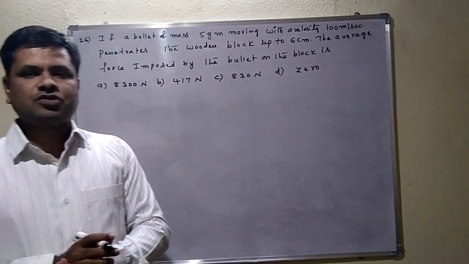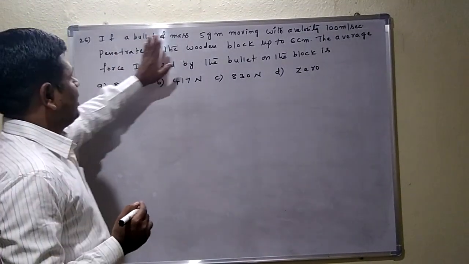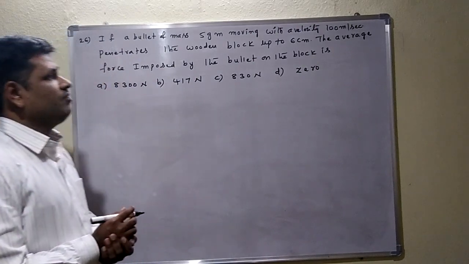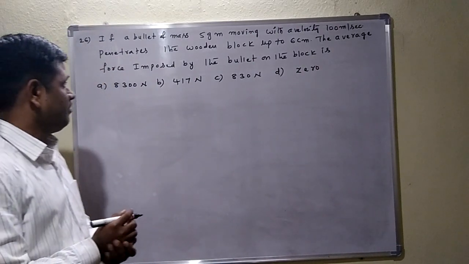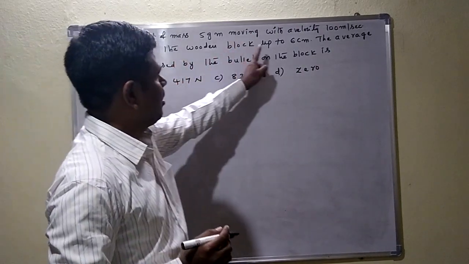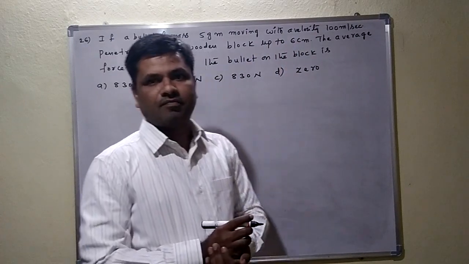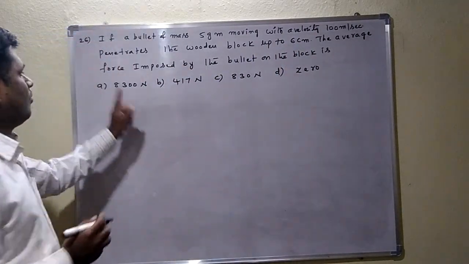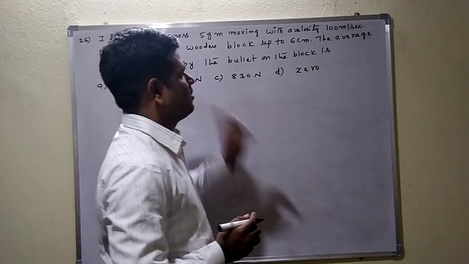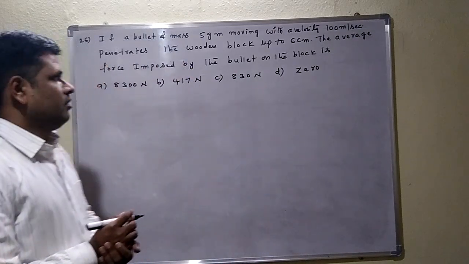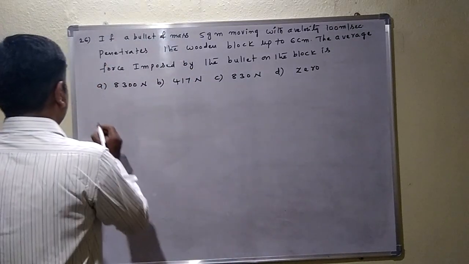See the next question. If a bullet of mass 5 gram moving with a velocity 100 meter per second penetrates the wooden block up to 6 centimeter, the average force imposed by the bullet on the block is, right? In this question, see there,